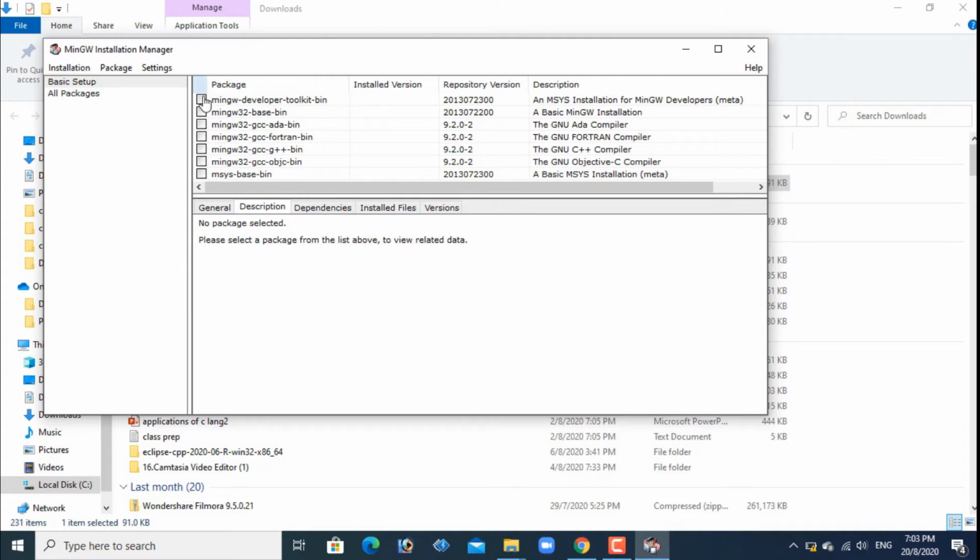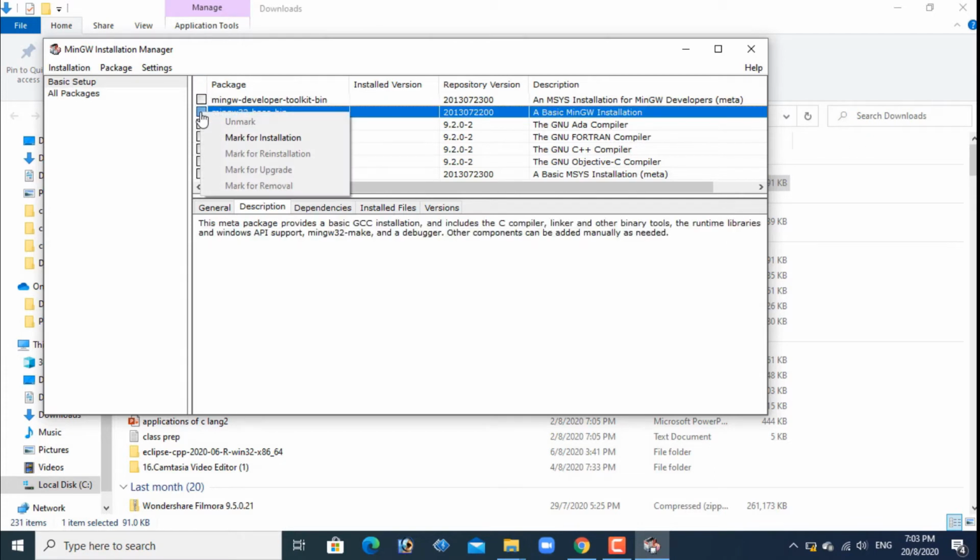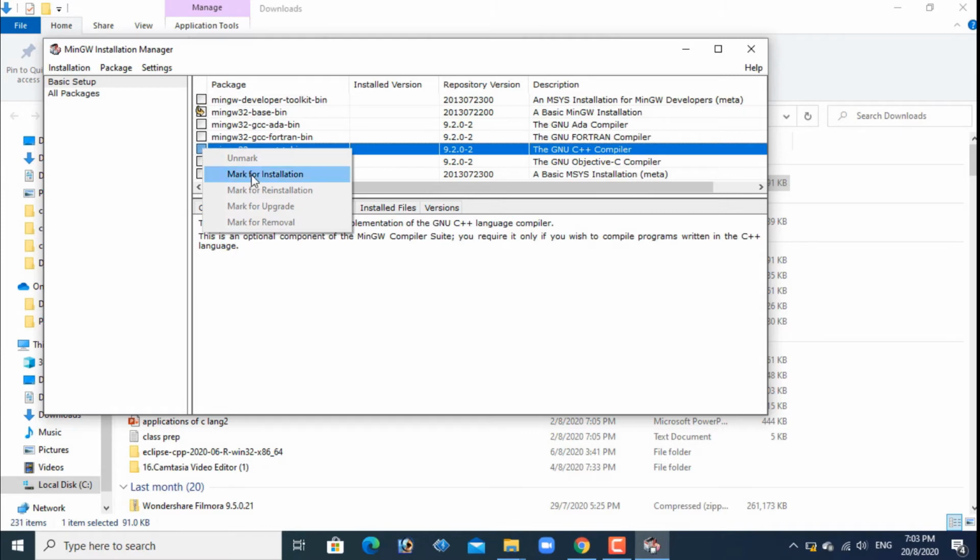For that, we need to click on this one and click mark for installation. MinGW32-base-bin is the C compiler, and this one, MinGW32-gcc-g++-bin, is the C++ compiler. This one also, click here and click mark for installation. The rest of the compilers like Ada we are not installing for now.